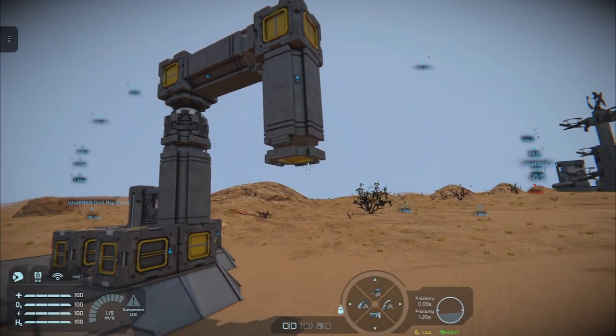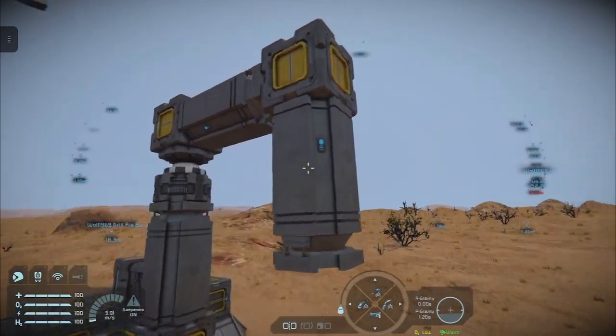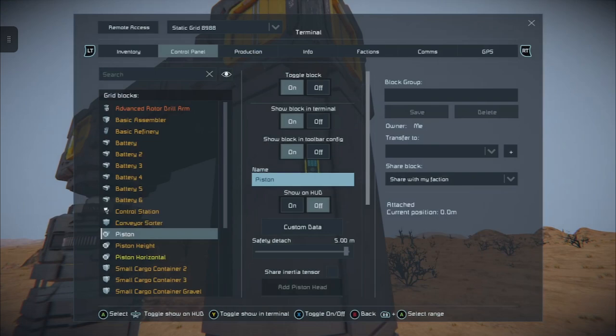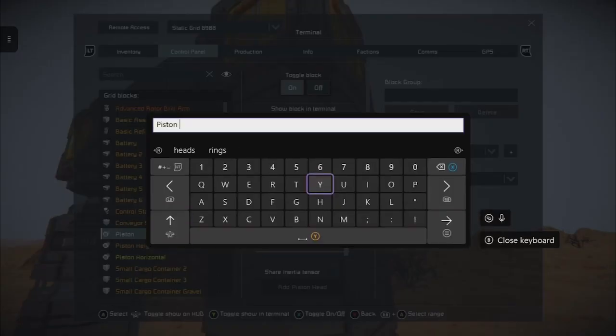Piston here, and this one's going to get renamed as well. And this is the drill height piston.